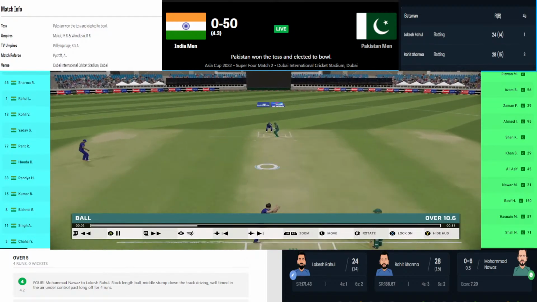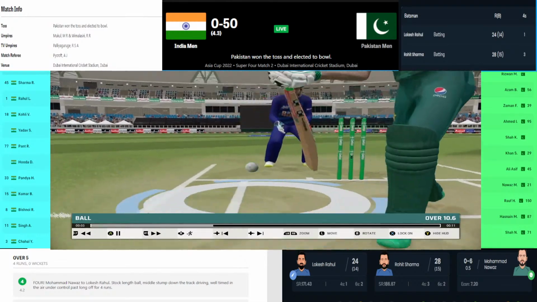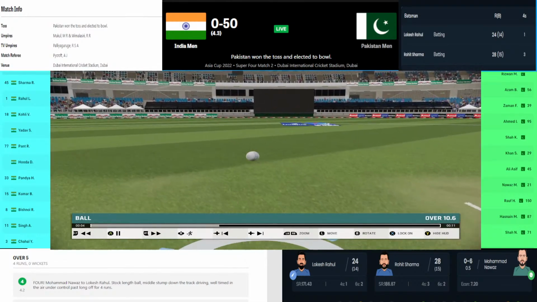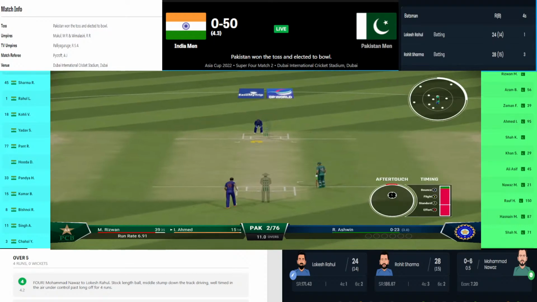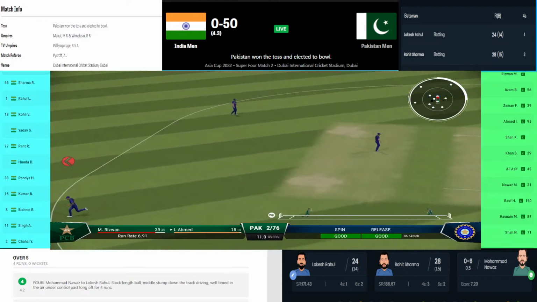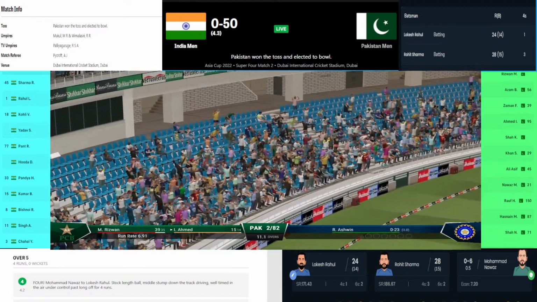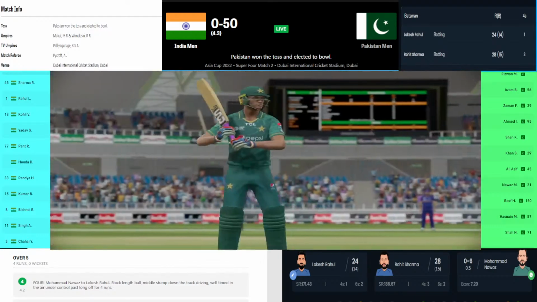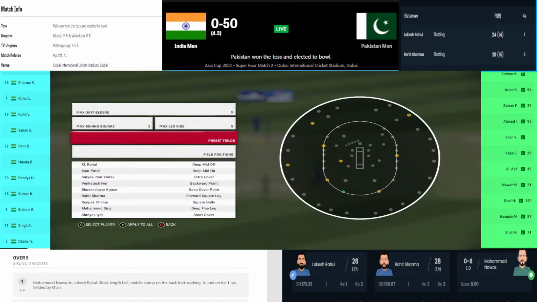So far this has been a good over for Pakistan compared to the other overs. In other overs it was always above 10, a double-digit score, but in this over it's just 5 runs off 4 deliveries so far. Compared to the other overs, this over has been very good for Pakistan's bowling and confidence. Now Rohit Sharma is on strike for the first time against Mohammad Nawaz. Let's see what he will do.